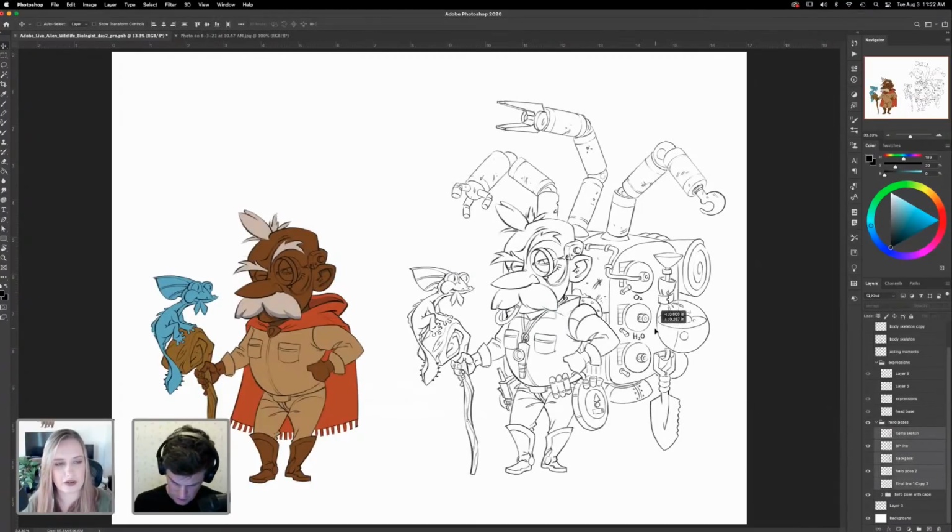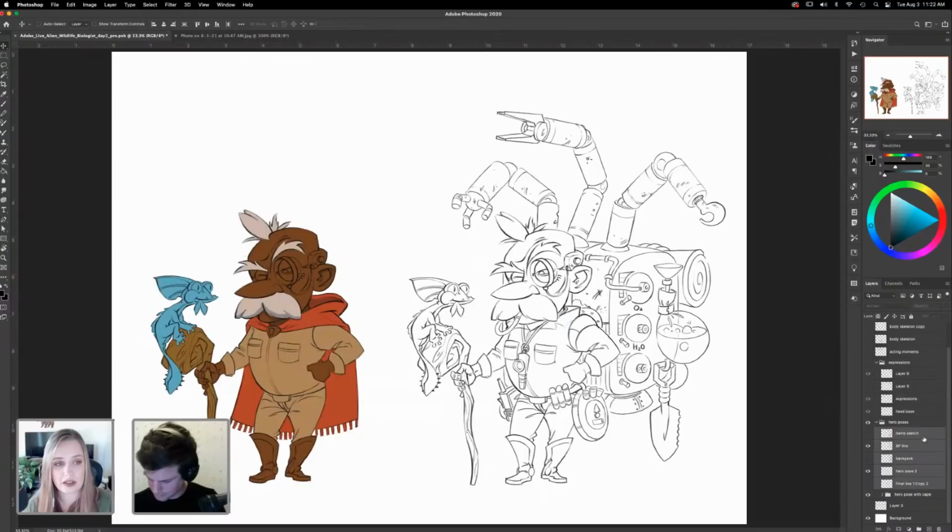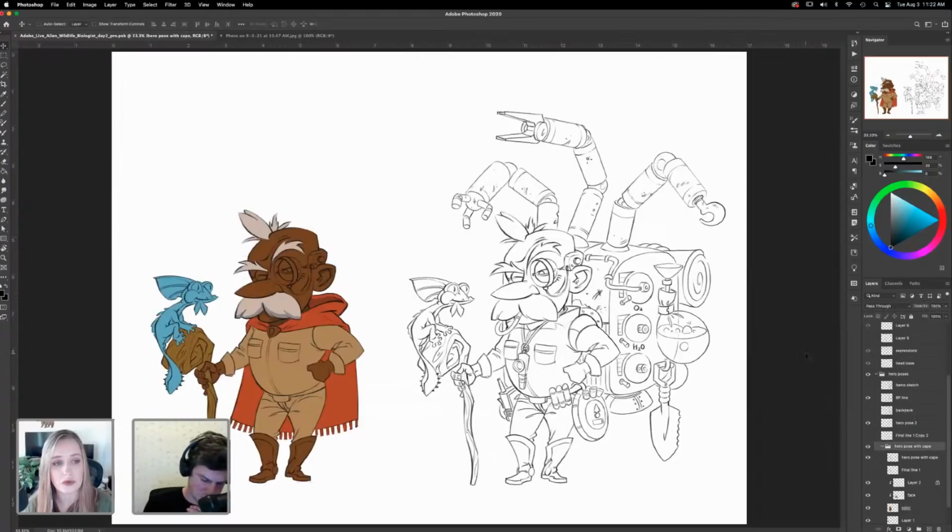Going back to the shadows, I actually had a question. I was wondering, depending on the atmosphere, like we were talking about earlier, do you typically do warm highlights and cool shadows, or do you change it up a lot? My default is totally warm highlights, cool shadows. Yeah, I do change it up. I've been changing it up more, especially studying lighting. It has such a huge impact on how your character is viewed. For me, if I'm just doing a basic design, I always just top light it. And then if I want to keep developing it, I'll do more, unless it's a really dramatic design or something that really calls for it.